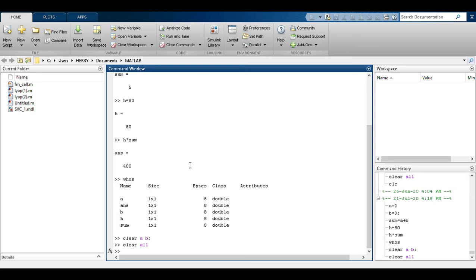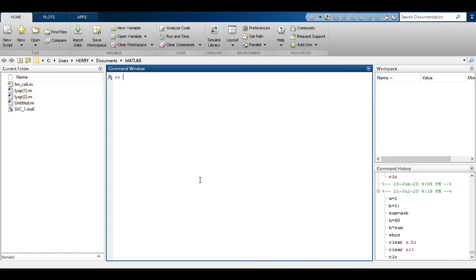If I want to clear the command window, I have to write clc, and then the whole command window will be cleared. So these are important commands, clc and clear all. But there is a difference between clc and clear all. Clear all is used to clear the variables stored in the workspace, but clc is used to clear the command window. That is the difference between clc and clear all. Now let us add one matrix.